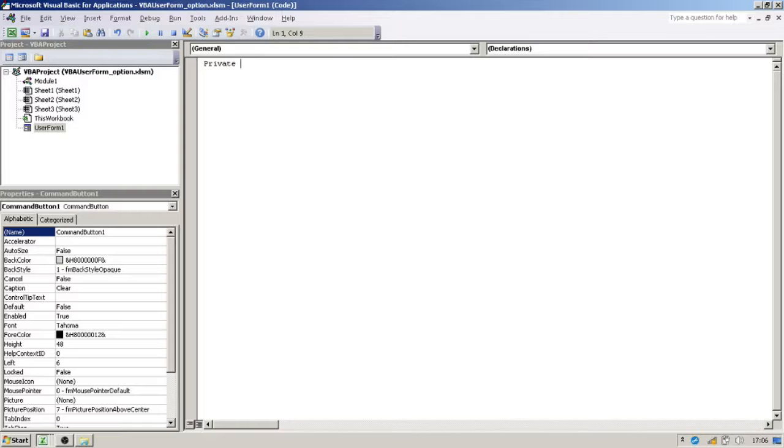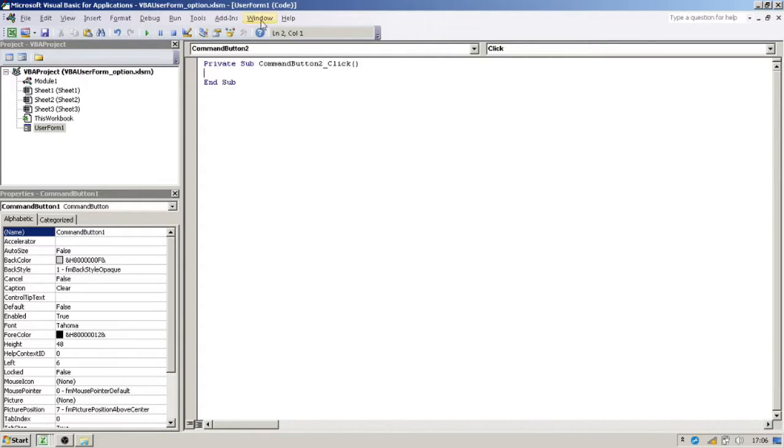So private sub command button 2. Command button 2 is the cancel one, and then we're going to put underscore click. So what we're saying is when you click command button 2, which is our cancel button,